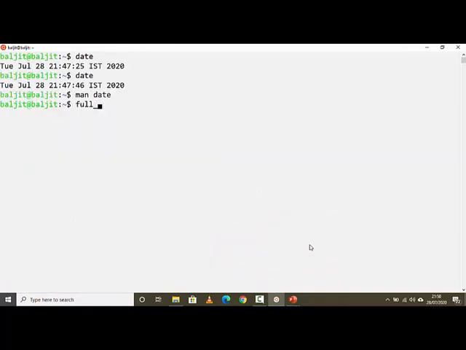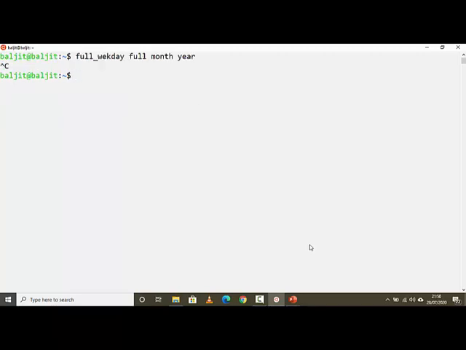So we will print the full weekday followed by the full month name and then year. The command will be date space plus sign, then within double quotes percentage capital A for full weekday, space, percentage capital B for full month, space, percentage capital Y for year, and then press enter.